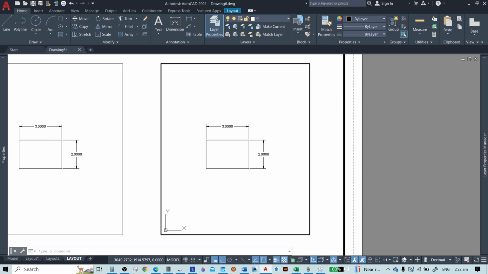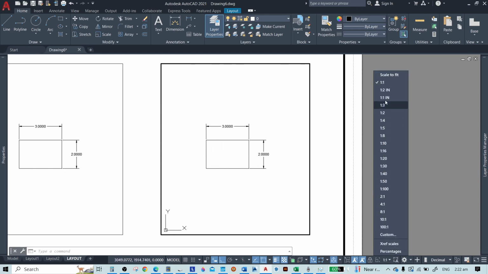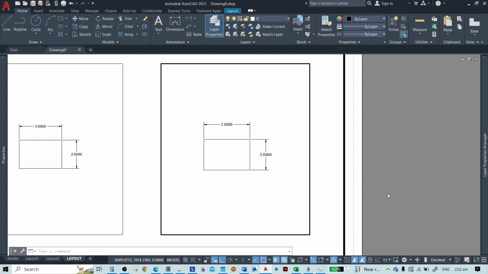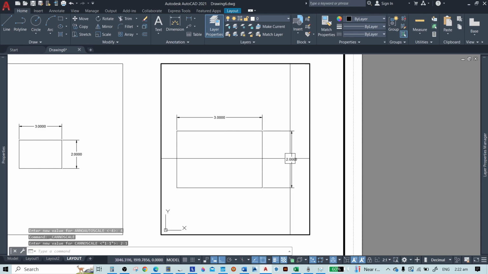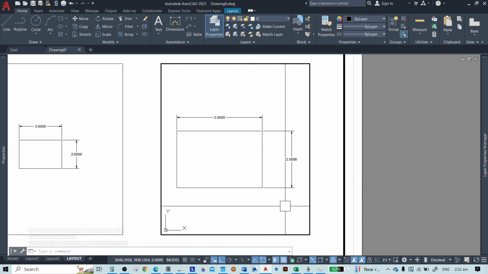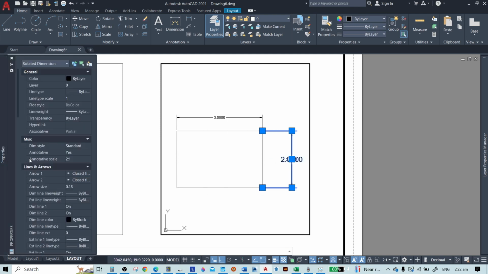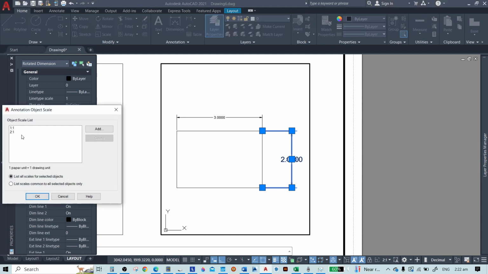So if we set, this is 1:1, okay, so if we set this one into 2:1, this has been automatically added with the scale 2:1. Now if we click this one, it is already here in the annotative scale list.